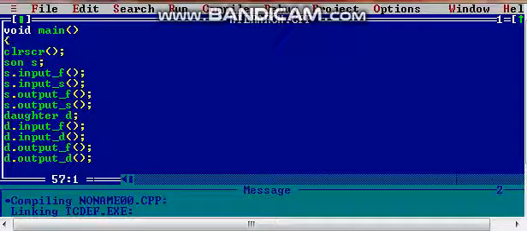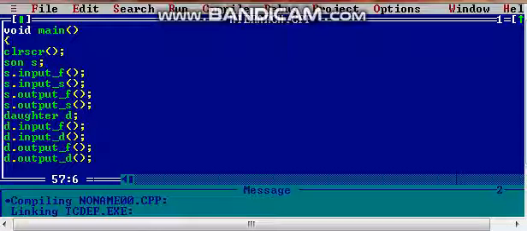we will make two objects: an object of the son class, s, and an object of the daughter class, d, because we have two children and we make objects only of the child classes, because a child class can also access the functions of the parent class. So the first child is son and we are making the object s. S is the object of the son class. Through s we are calling input_f, meaning father's function, this one. Then input_s, son's function. Then output_f, father's class function, and s.output_s, son's class.